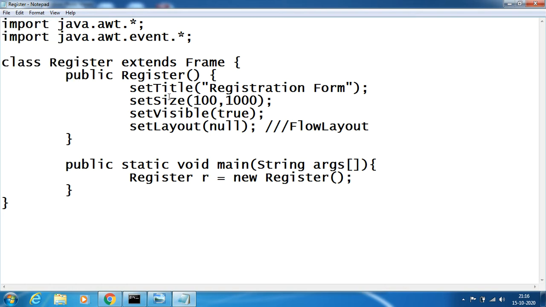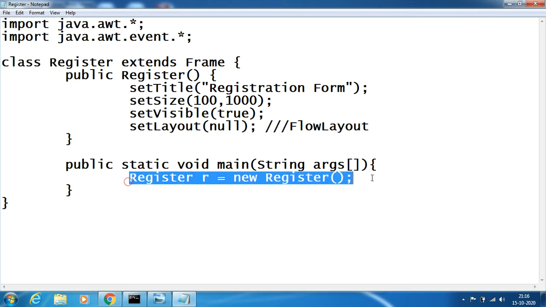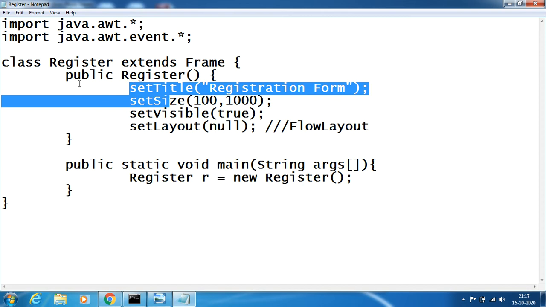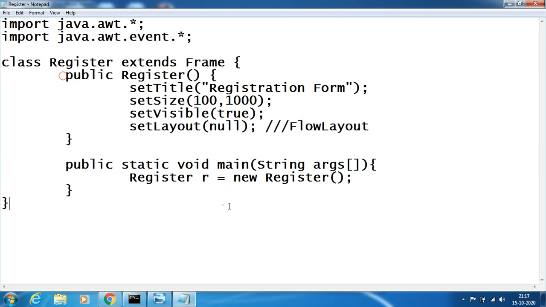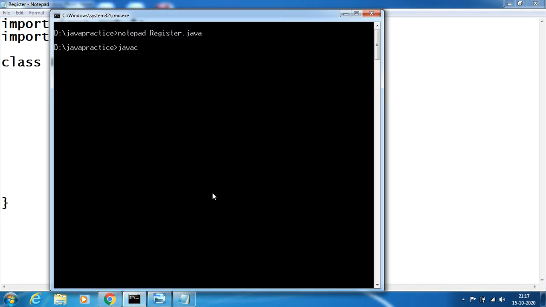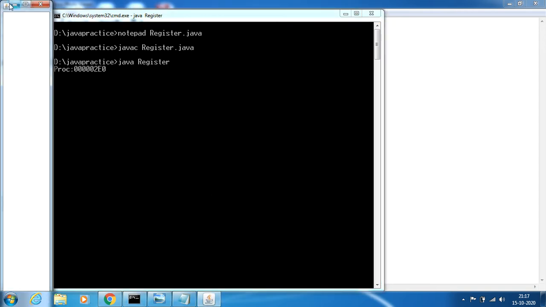Then, when I call this class, it automatically calls the constructor. In the constructor, we have these methods, which will automatically create a frame. Just run the program: javac register.java and java register. See, we just got a frame here.